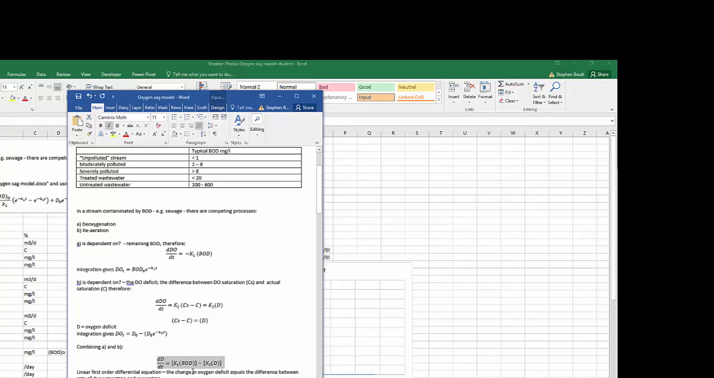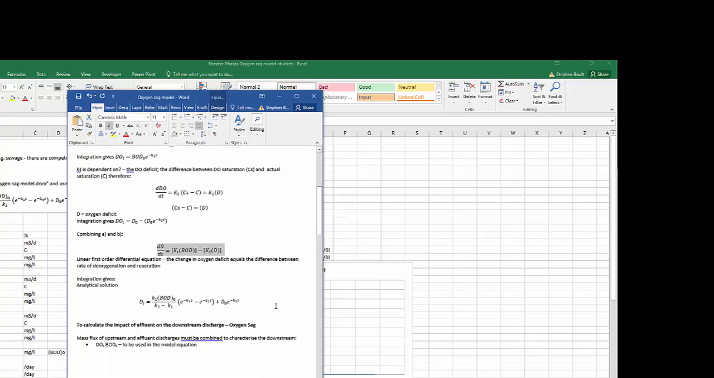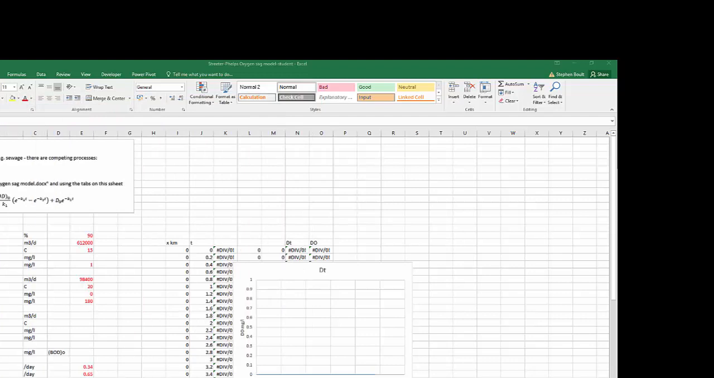So we have the two processes, they act together. In the end, we need to integrate them to find out the oxygen concentration or the oxygen deficit at a particular time, and the integration is this. It gives us an analytical solution. It's a first order linear differential equation, and this spreadsheet is just set up to solve that. As we go through the Word document,